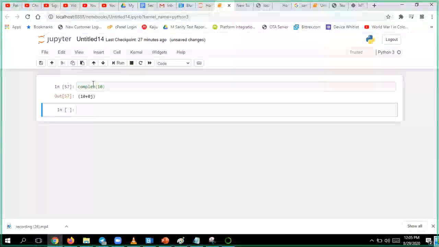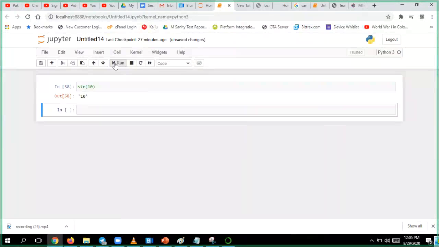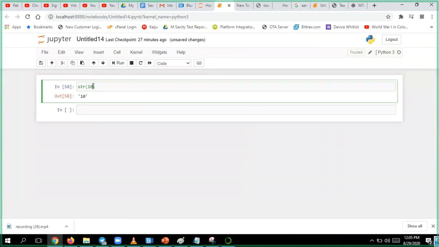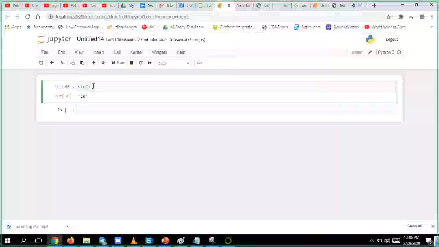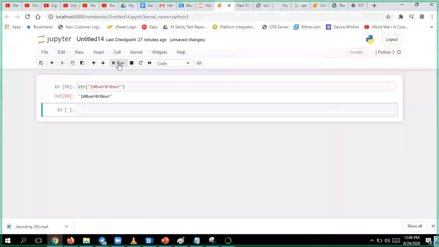Remember that. Now we have done the conversion of integer and float. Now the last thing we have is string. str is the function for string. I'll give anything. First I'll give an integer. Let me check. It can convert. You give anything here, it will get converted into string. I gave a string, yes, it will take.